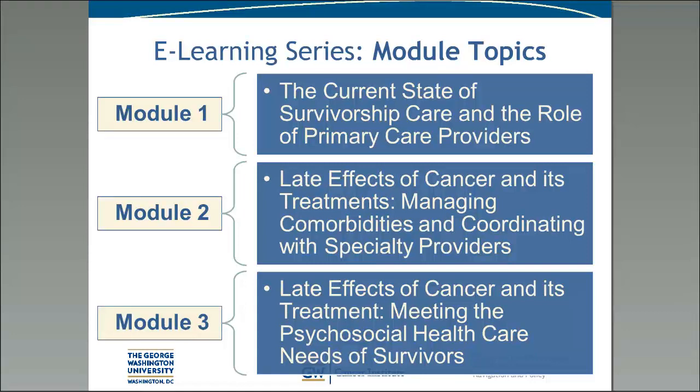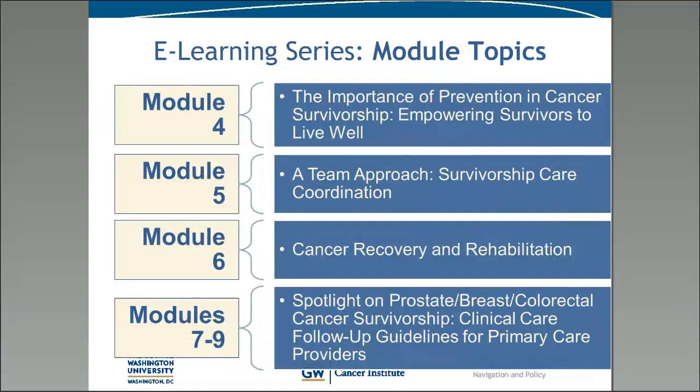So the first module is the 20,000-foot view of cancer survivorship. The second module covers the physical impacts of treatment and how to manage treatment-related comorbidities. The third module focuses on the psychosocial impacts of treatment. The fourth module discusses prevention and wellness strategies and reviews the American Cancer Society's nutrition and physical activity guidelines that Liz mentioned earlier. The fifth module focuses on care coordination across specialty and primary care providers. And the sixth module will launch in the next month, and it will cover rehabilitation for cancer survivors as well